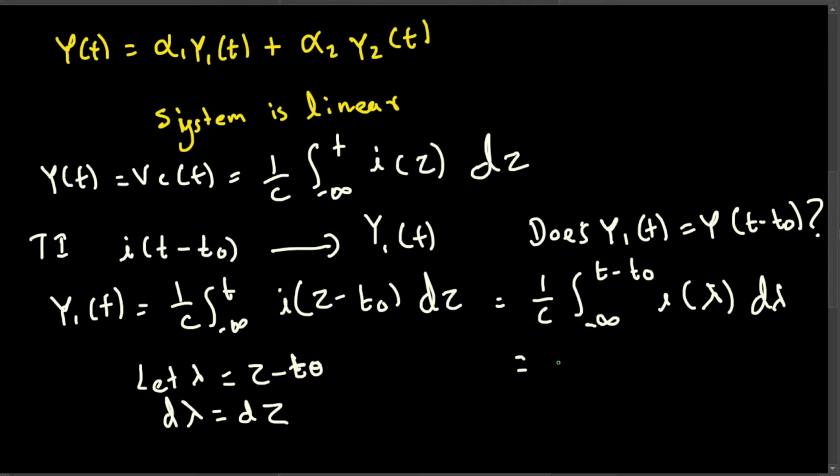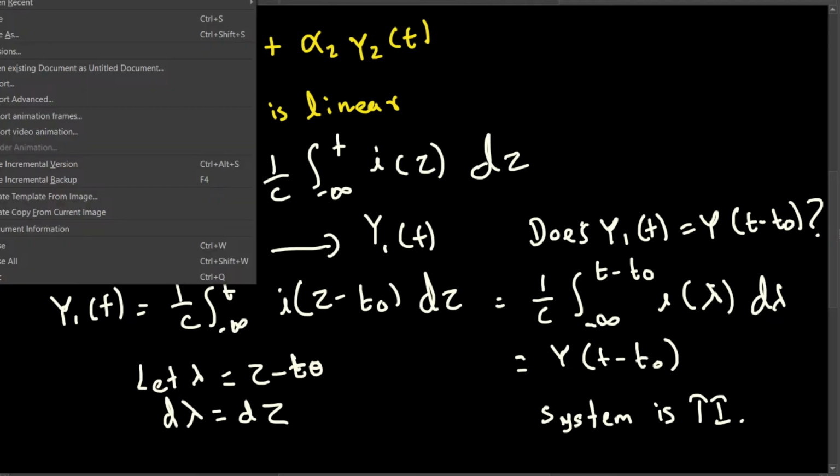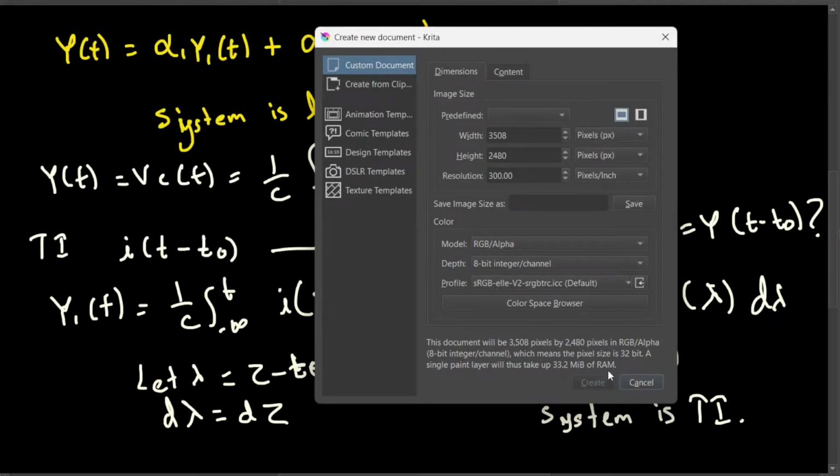So this is going to give the output of y of t minus t naught. That's what we want to prove. Does y1 equal y of t minus t naught? Yes. Therefore, this system is time invariant. Okay, that is this. And now the last thing we are going to check is whether this system is a